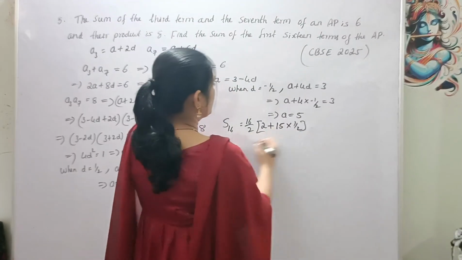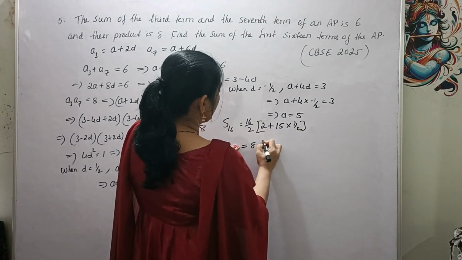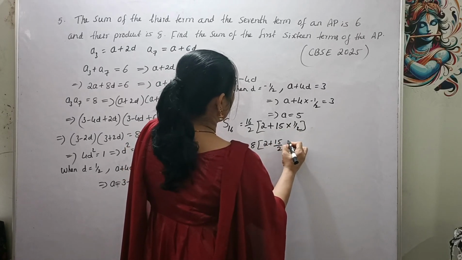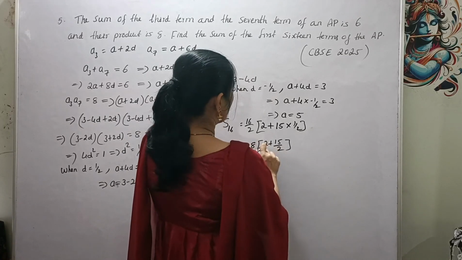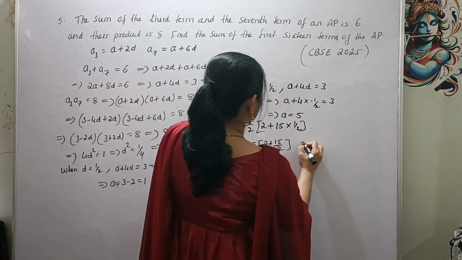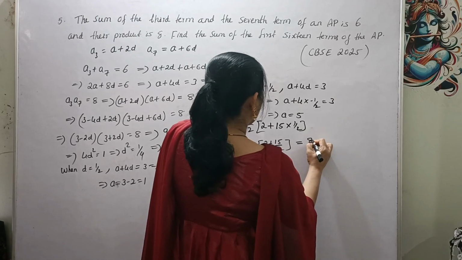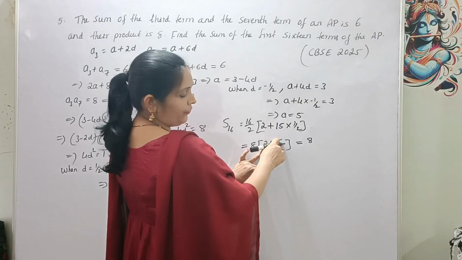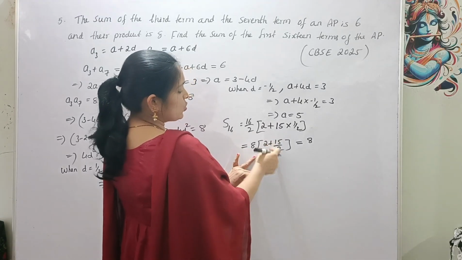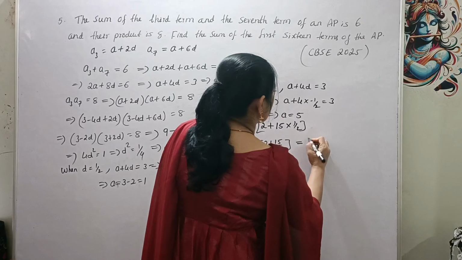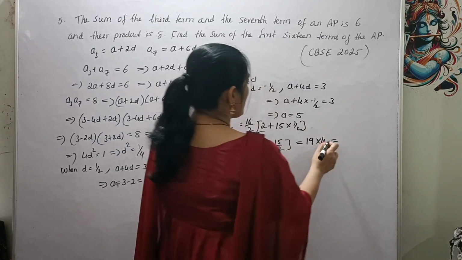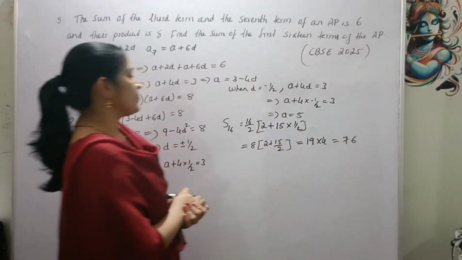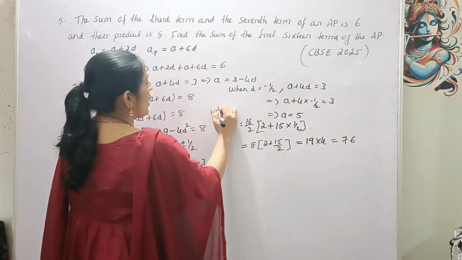That is equal to 8 into (2 plus 15 by 2). Here 2 into 2, 4, 4 plus 15, 19. After taking LCM, 4 plus 15, 19 divided by 2, this 2 will be cancelled. So 4 into 19. 4 nines are 36, 4 ones are 4, 76. Okay, so when D is equal to 1 by 2,